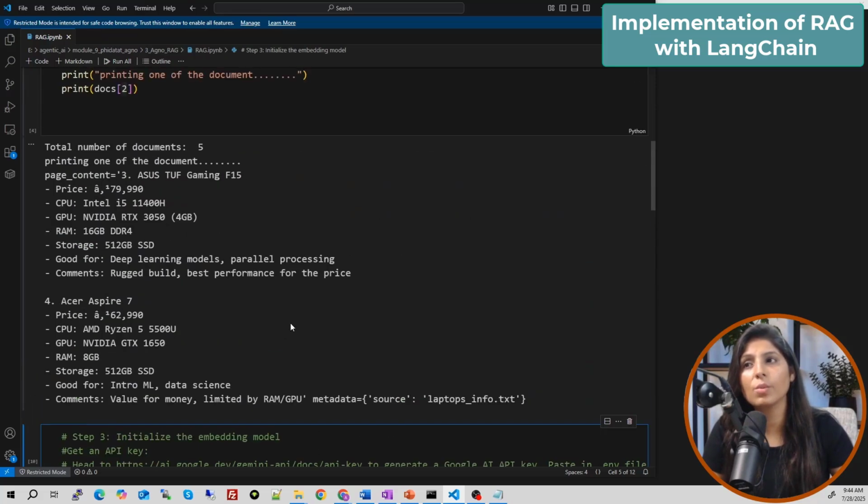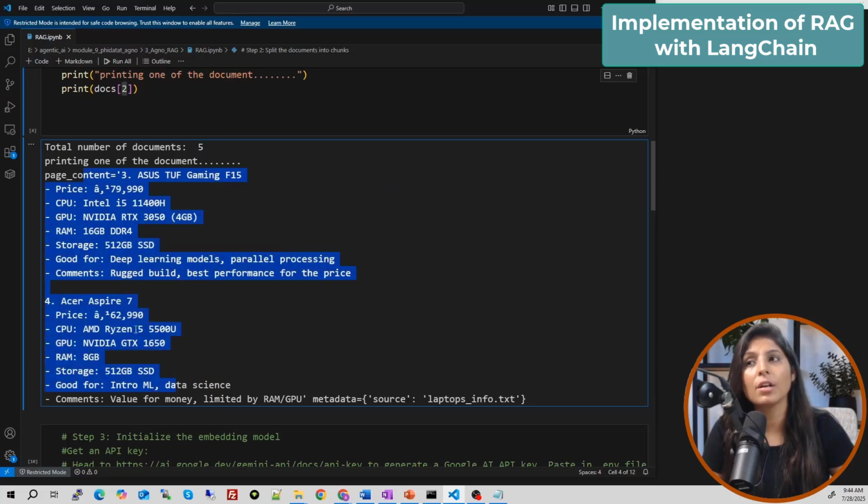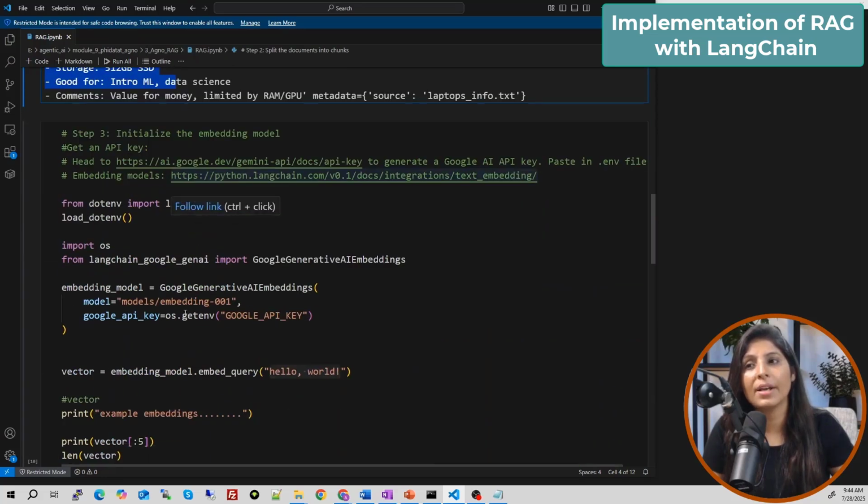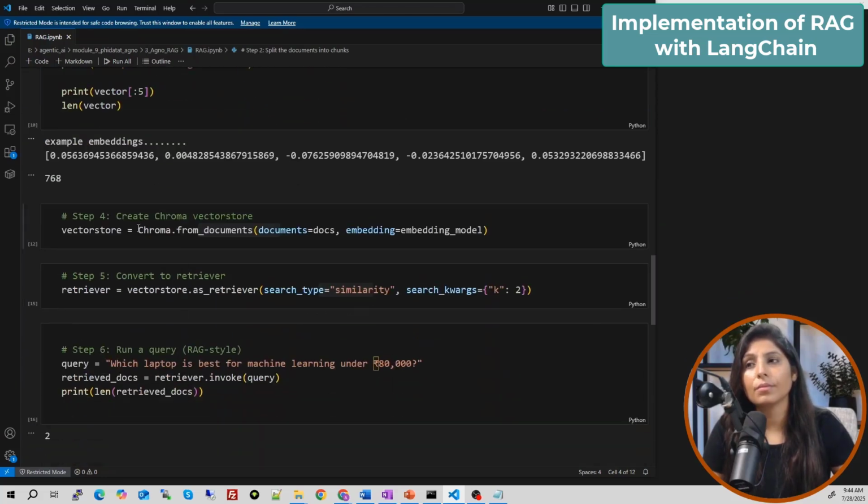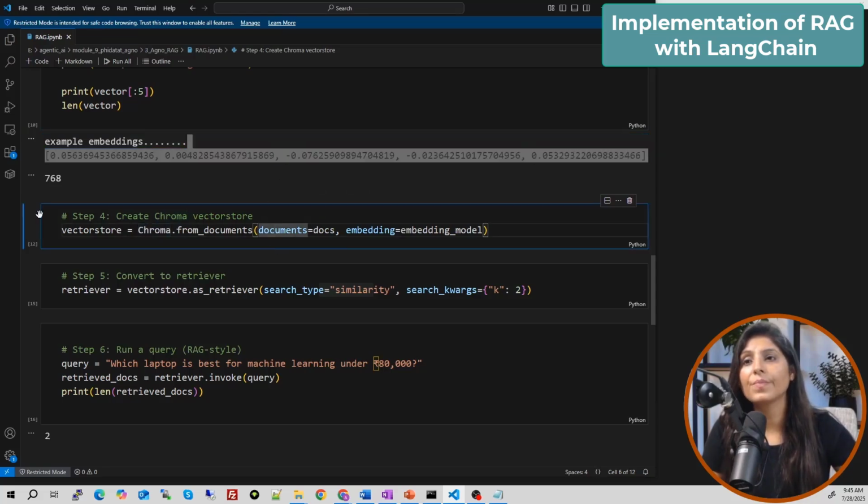How many chunks do we have? We have 5 chunks. Each chunk is of size 500, and this kind of data we have in it. So we need to convert these words, these chunks, into embeddings. For that we need a vector database. Whenever you want to store the embeddings, you need a vector database for it. For today's tutorial, I'm using the Chroma database. This is a vector database, meaning you can store these embeddings in it, right? So see how we can use it.